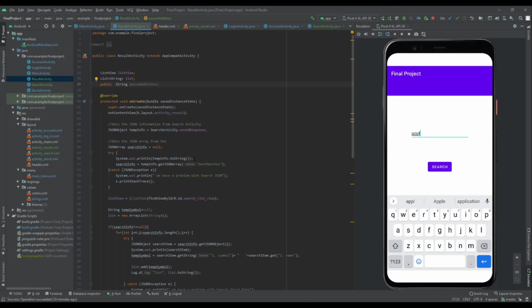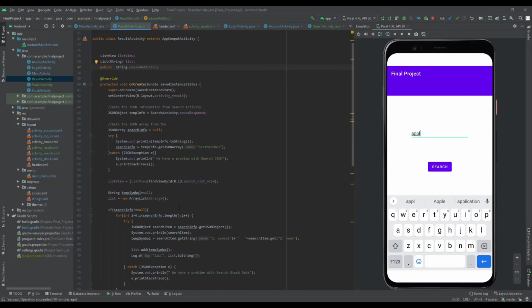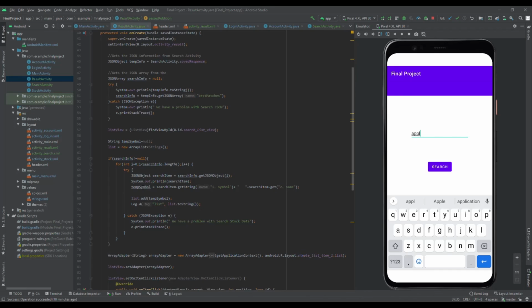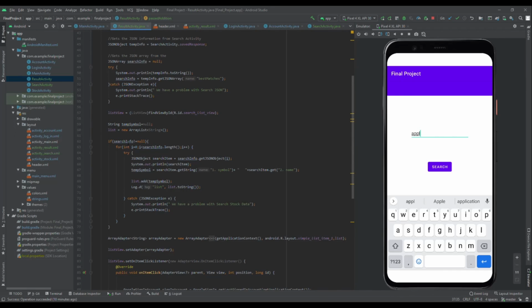So we get the array from the object that we got from the API. Okay, we set the list view. Set the list, and then if search info does not equal null,